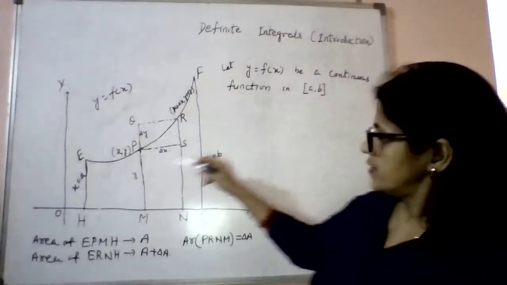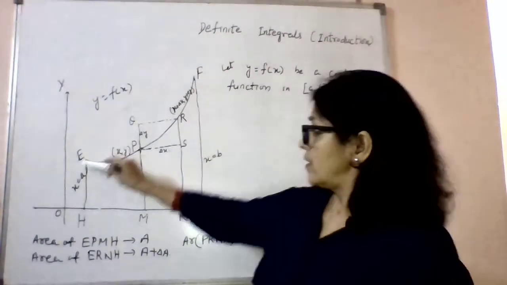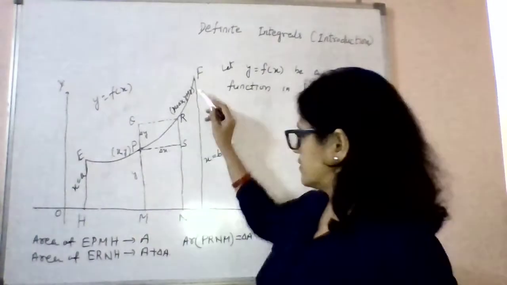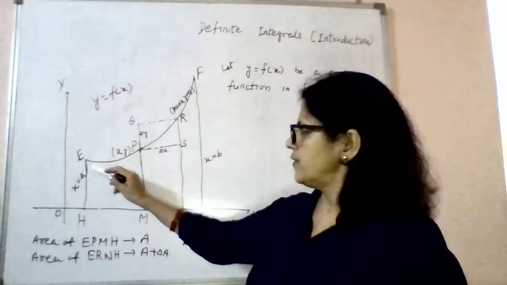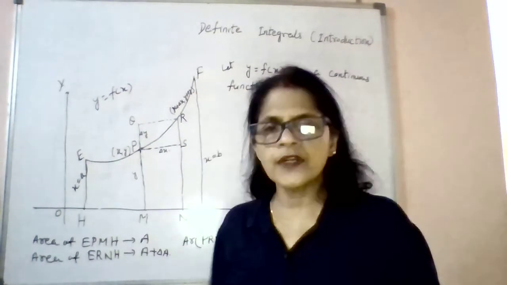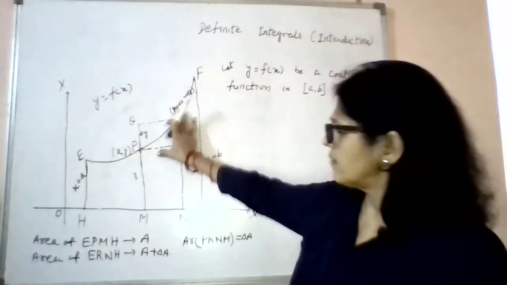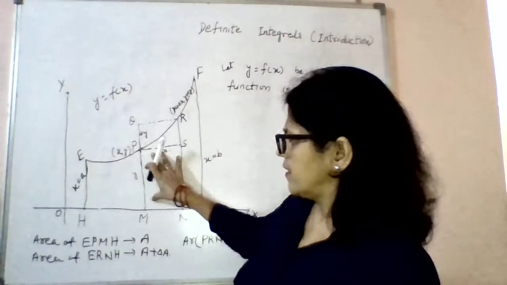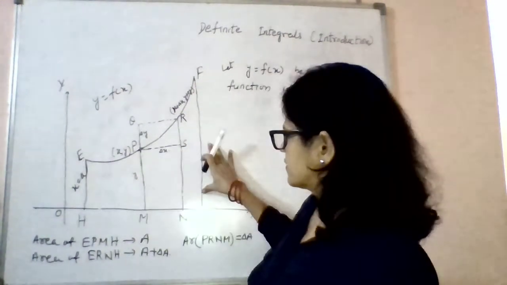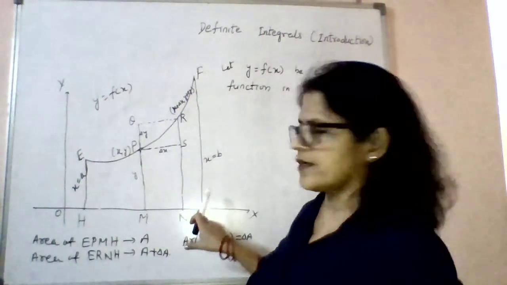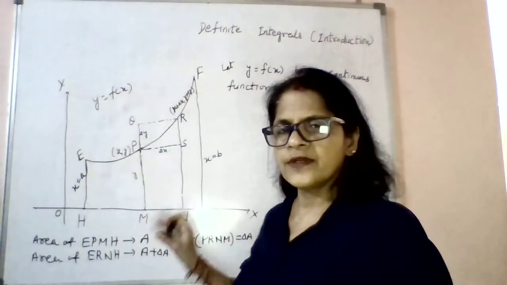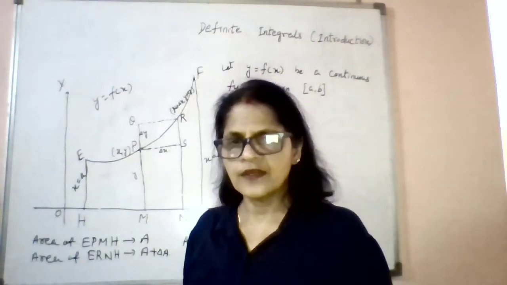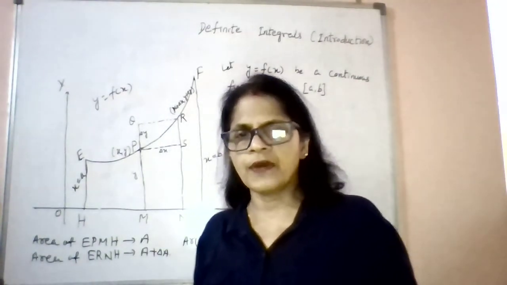So this function is continuous in a closed interval [a, b]. So here it is x equal to a and x equal to b. It means this is a bounded curve. This area under the curve is bounded by x equal to a, x equal to b and the x axis. Okay, so one of the applications of integral calculus is finding the area of the region bounded by the